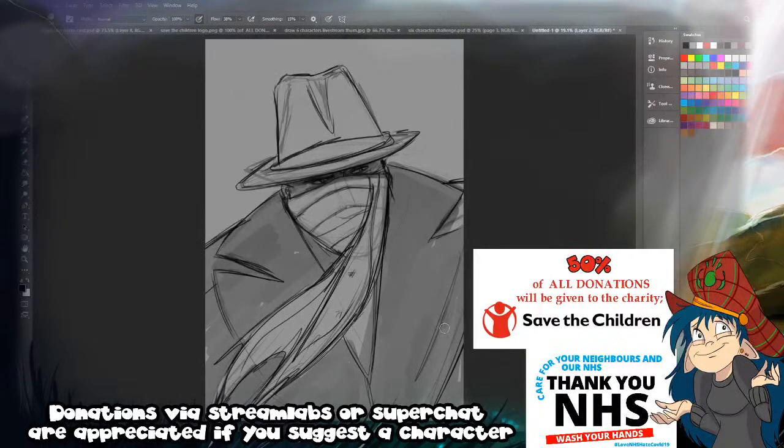I think the scarf should be longer, but considering this is the first time I've ever drawn this character, I don't think little details like that matter at this point. It would be cool to draw him again, though. It's a fun character to draw.